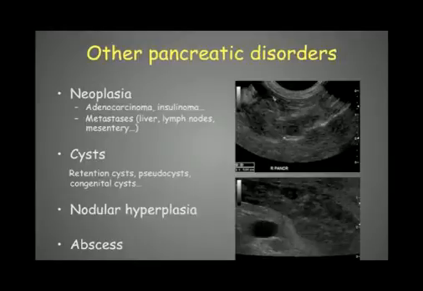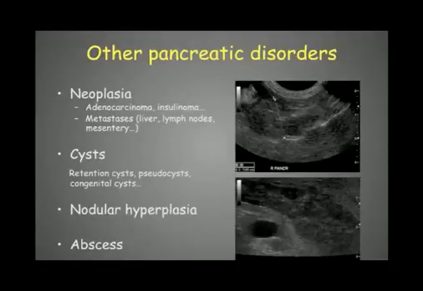We can also have nodular hyperplasia, and nodular hyperplasia would be mostly hypoechoic to isoechoic lesions, or even sometimes anechoic lesions. So like this lesion, for example, it could be a nodular hyperplasia, it could also be a neoplasia. So again, here the ultrasound is not very specific to determine the cause of the lesion. Then we will need further tests like histopathologic tests to determine exactly what it is.